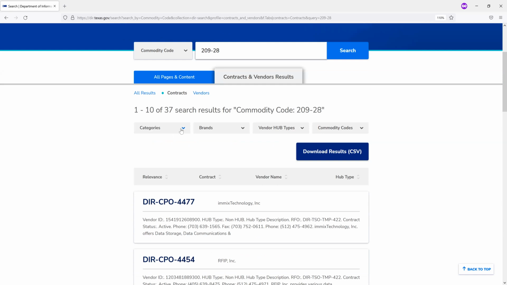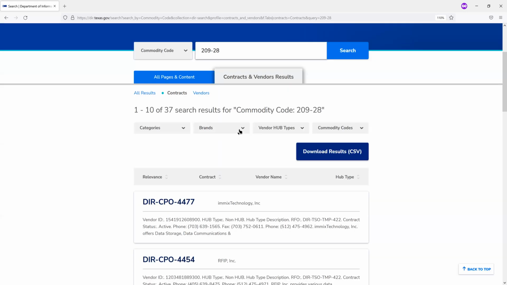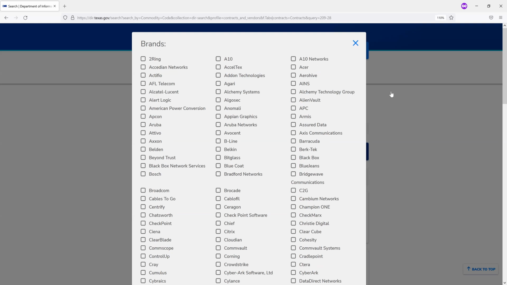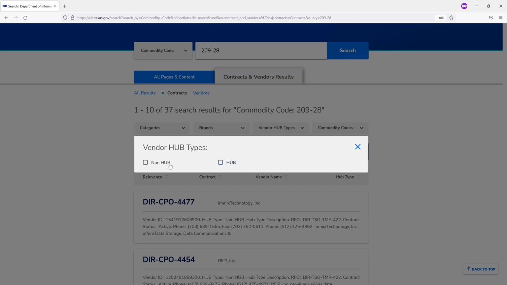I think that's all I wanted to show you on these pages. These filters will show up depending on your search results. So if you just wanted to look at categories related to IT security software, if you click on that, you'll see the results that are filtered for that. You have brands, all the different types of brands, and because Dell came up, there are a ton of brands here. And then you have all the different hub types, so you can filter for hubs or non-hubs.